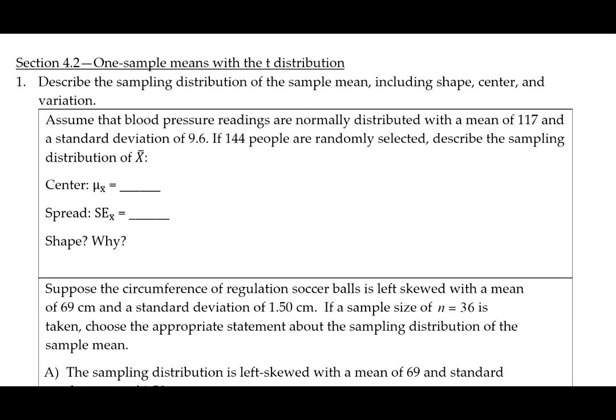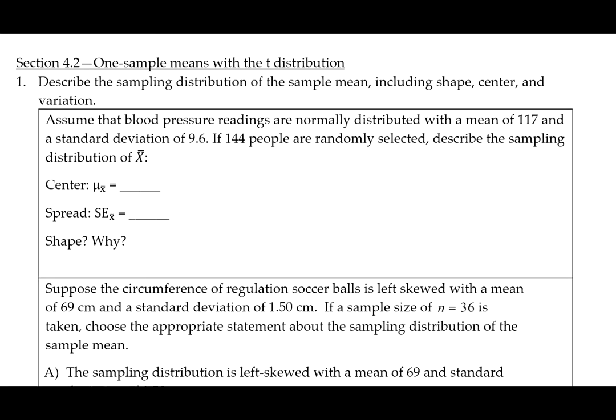In section 4.2, we started doing inference for quantitative data. We're going to use the t-distribution to compute confidence intervals and hypothesis tests for one sample means. But first, we need to know what the sampling distribution of the sample mean looks like. The first learning objective in this section is to describe the sampling distribution of the sample mean, including shape, center,